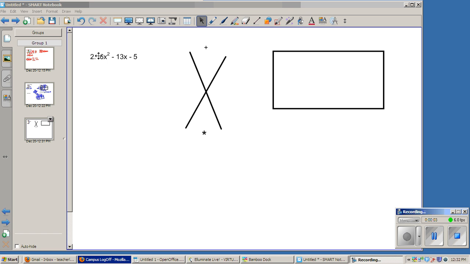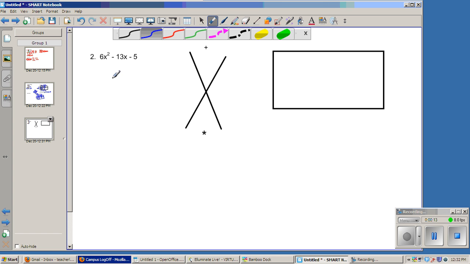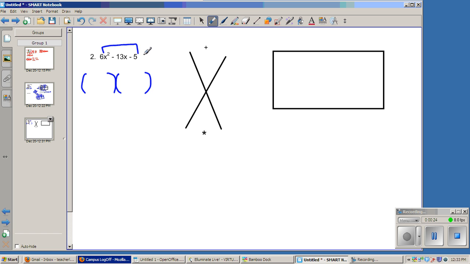Okay, so I want to factor 6x squared minus 13x minus 5. For the 6x squared, I guess it could be maybe 3x times 2x, or 6x times 1x. I'm not really sure. So I'm going to start this out by using the method that I showed you in the